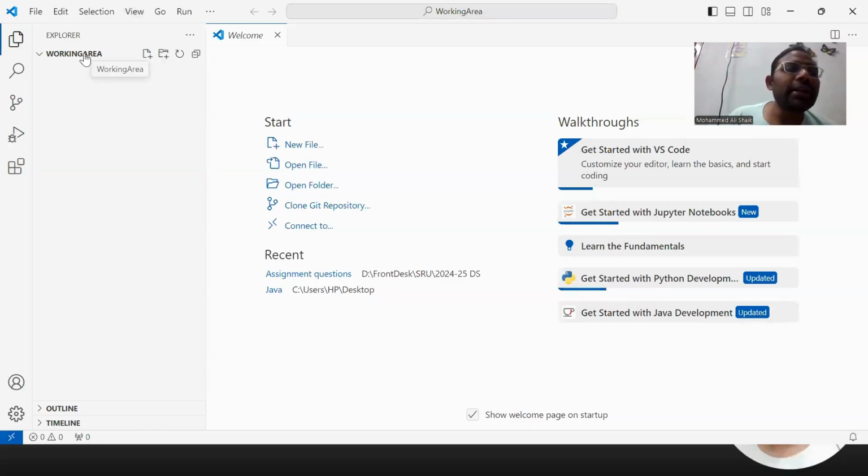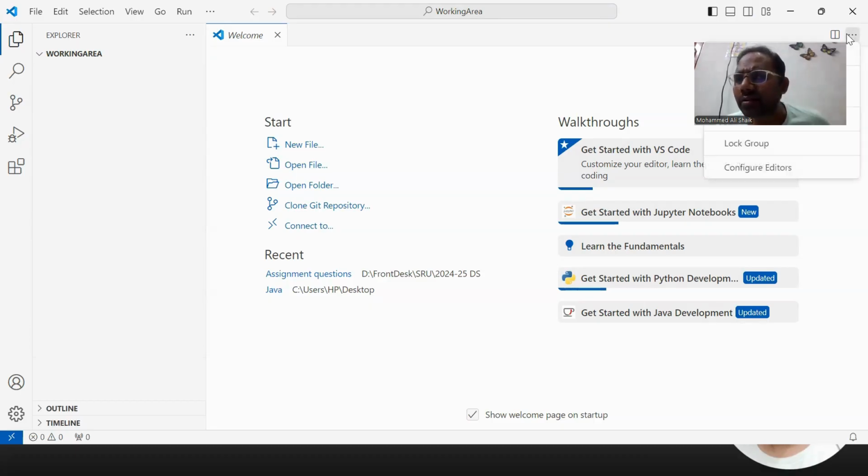So you can see here, working area is there. Nothing is there in this folder. I hope you can see. Nothing is there inside this particular folder as of now. So what we need to do, we need to open the terminal in Visual Code Editor. So from where we can find, so here we are having three dots. No. So here at the top, just a second,